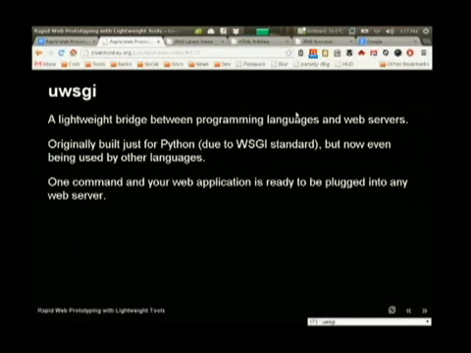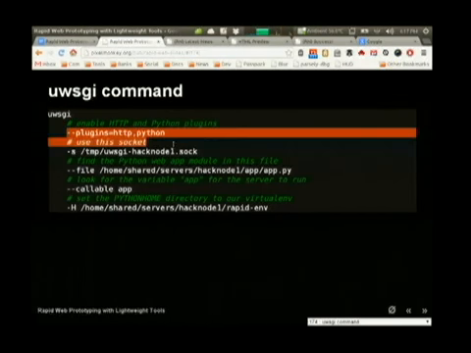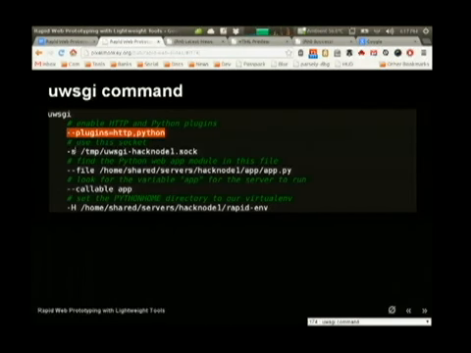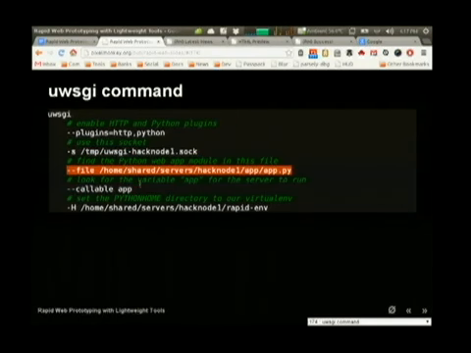It's really simple. It's just a tool you can install with apt-get on your servers. And all uWSGI does is it's a little C program that you pass some plugins like HTTP and Python. You tell it to create a socket in a certain directory. And then you tell it where your application is, which is this line here, and what the name of the WSGI callable is inside your module, which in the case of Flask is always just the app,